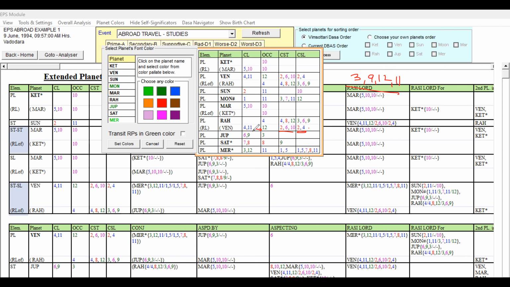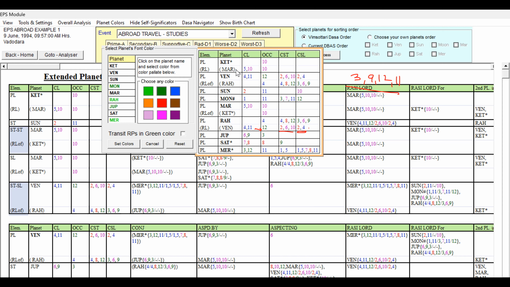Let us come to this point. Rahu, if you see, is favorable with some supportive signification at the second planet, so Rahu can be given light green, right? Because of this event, abroad travel for study. Suppose you take another event, abroad travel for a job prospect, we can give blue color because it is 3, 6, 9, because the sublord is stronger. I can give blue because of the fourth house. But here it is 4 and 8, because it has the 3, 9 cuspal sublord itself. I have given light green.